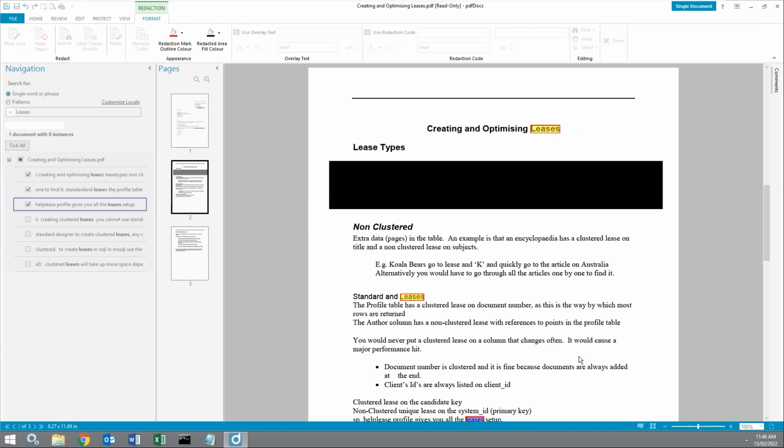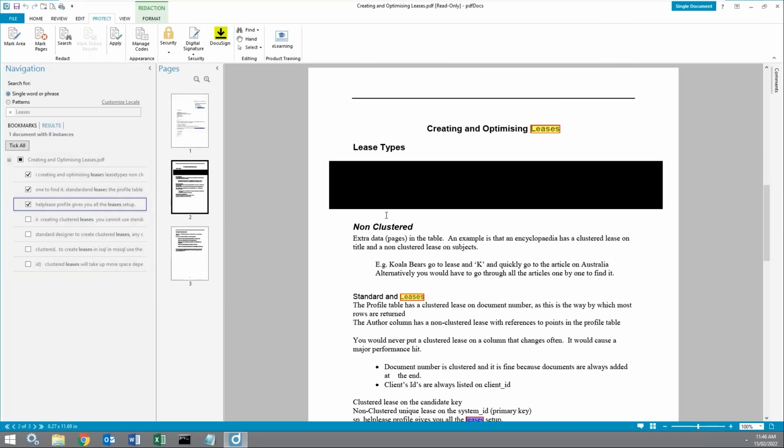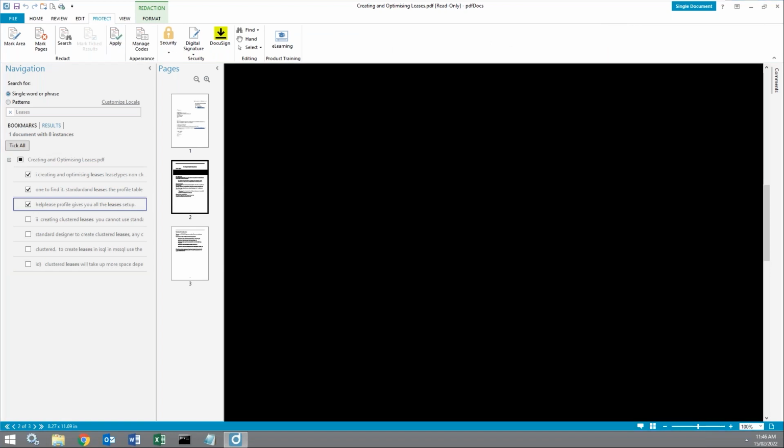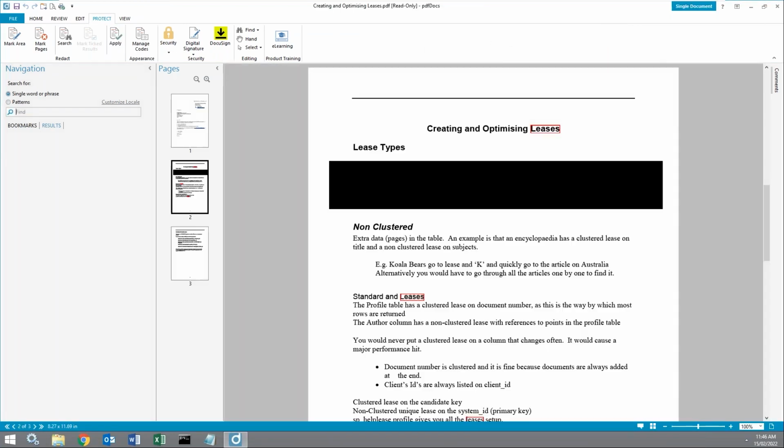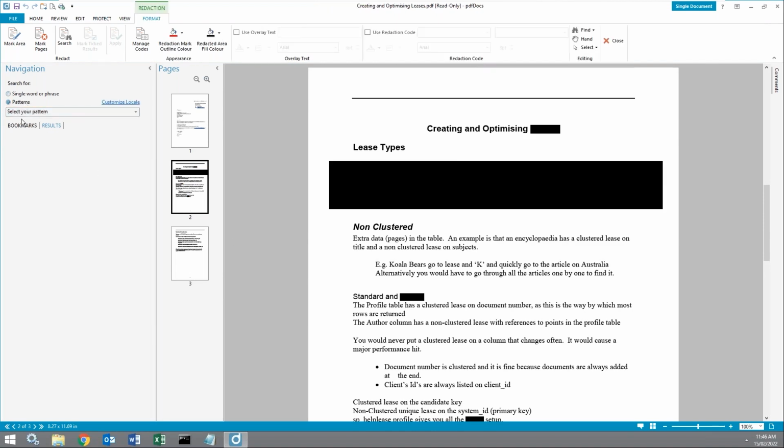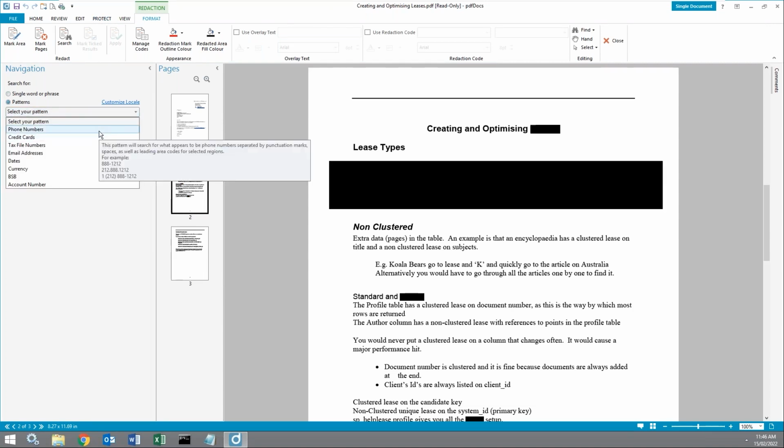And once I'm ready to redact those words, I simply select apply, yes, and we'll be able to redact those words in my document. I can do the same thing for patterns. So let's say, for example, I don't want to have any email addresses in this document because this document is going outside of my organization to one of my clients, and I don't want my client to see any email